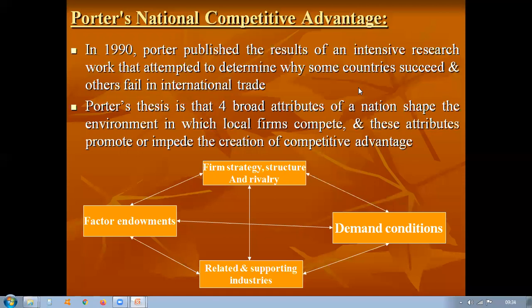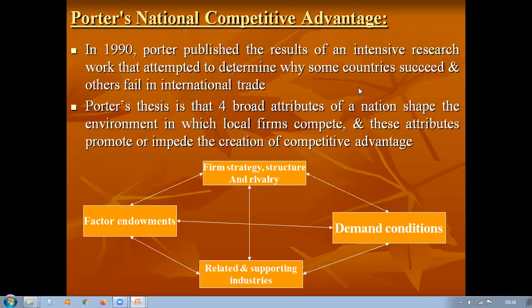If you take the first theory, mercantilism, according to mercantilism, countries should export more than they import and receive the difference in gold. Then the decay of the gold standard reduced the validity of the mercantilism theory. According to Adam Smith, free trade enables a country to produce a variety of goods and services. So every country should specialize in producing those products at a cost less than that of other countries.